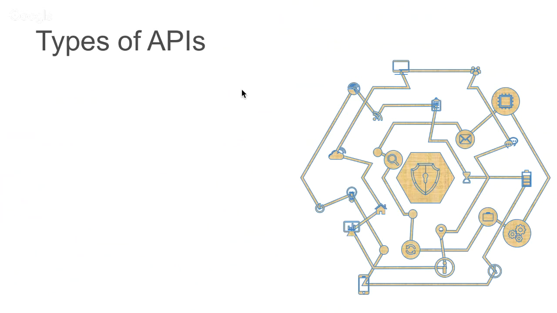So first, I want to talk about some of the different types of APIs. So if your software is entirely fully automated for your tests, you've probably covered all of these, but just in case it's not, we'll go over some of these types of APIs. So the first one is your own public API. So if your application is a public API that other people use to integrate with their software, this is where